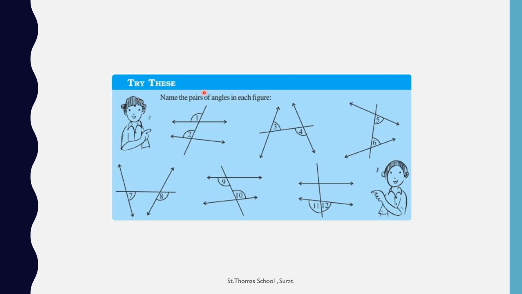Next page, try this. Name the pairs of angles in each figure. So here they mark angle 1 and angle 2. Okay. So this is the same side of the transversal and both are above the line. That means they are called corresponding angles. Like this you have to remember. Okay. Now here